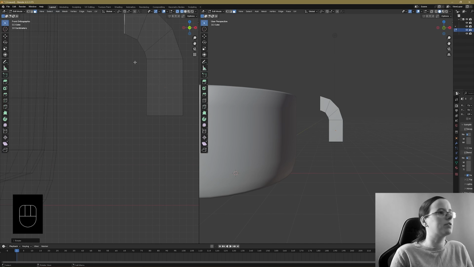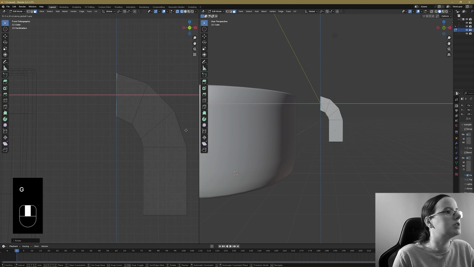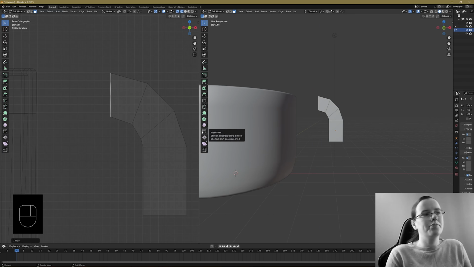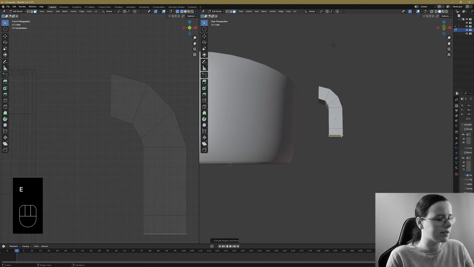Right, I'm going to try and make this so it's flush to that. So I'll zoom in a little bit so I can show you what I'm doing. So I'm going to put this against here. So we'll put G and put that one. So you're going to have to do the same to the other side as well. It's good practice to do everything like this. Later on, I'll show you ways that you can do this a lot easier. But for now, I'm going to show you the way that I was kind of taught on how to do it. So just move your vertices